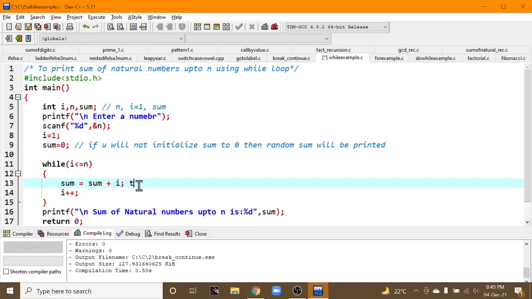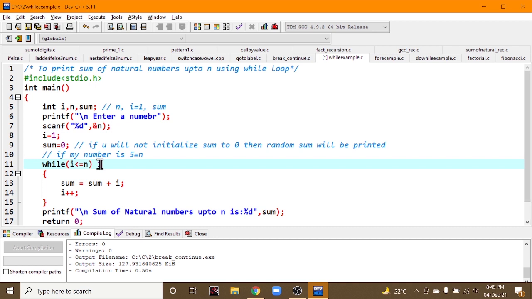Let us take an example. If my number is 5, this is n. So i was initially 1, right? 1 less than or equal to 5. Then incrementing, 2 less than or equal to 5, 3 less than or equal to 5, till 5 less than or equal to 5.